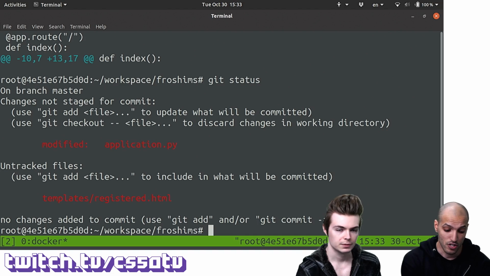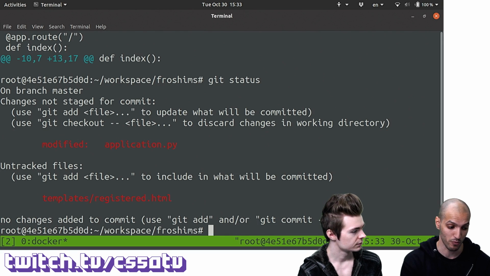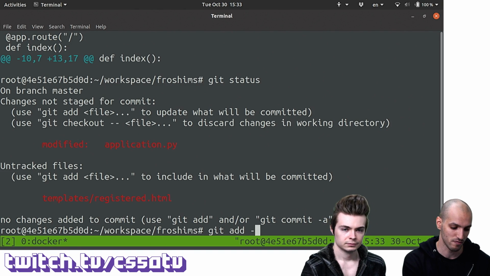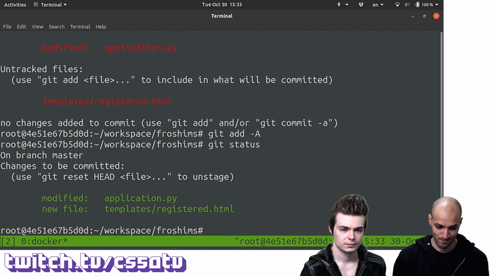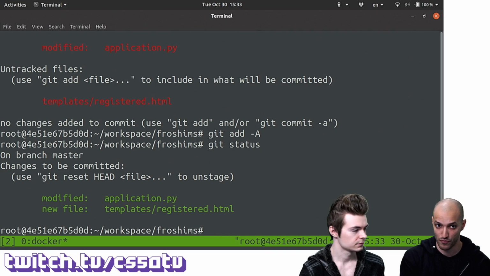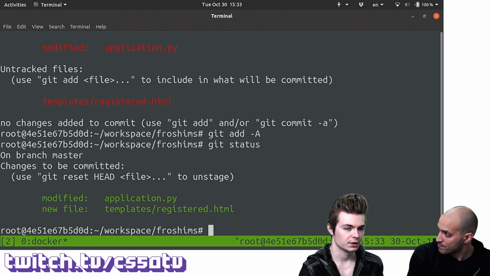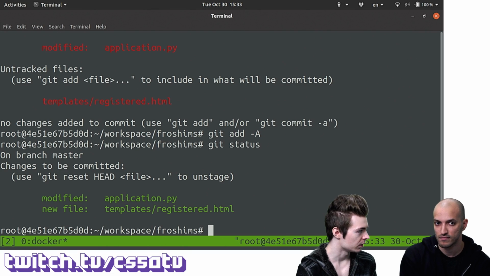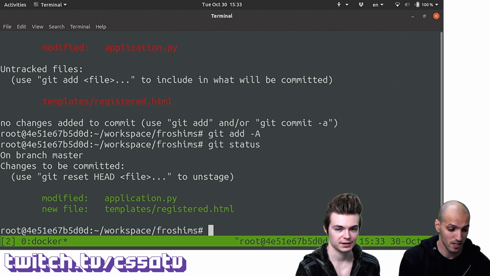Correct, exactly. So again, the way we add these, suppose we're ready now and we'd like to commit all these changes, or save them in our repository, the way we do this is running git add --all, or in short, -A. If I do git status again, it shows me that both files are staged. One of them is actually modified and one of them is a new file. Yeah, so it'll tell you whether you haven't tracked it before at all. So you can say, oh, this is a file that changed, and this is a completely new file. Correct. So it's kind of nice, it gives you that feedback there.